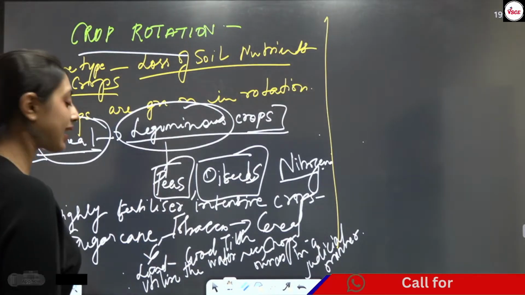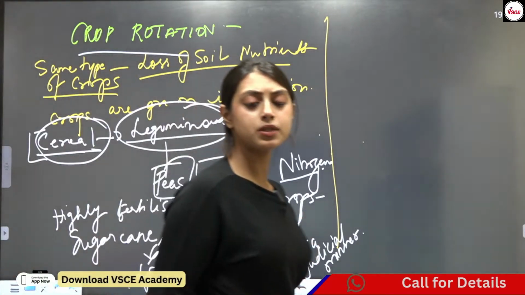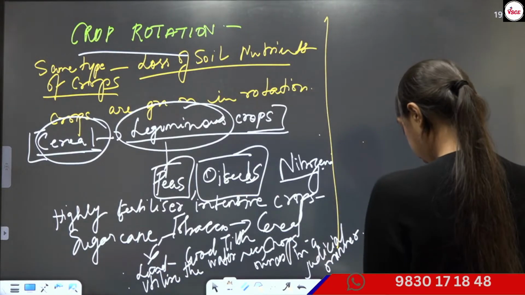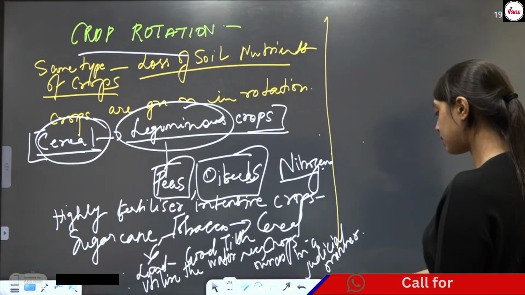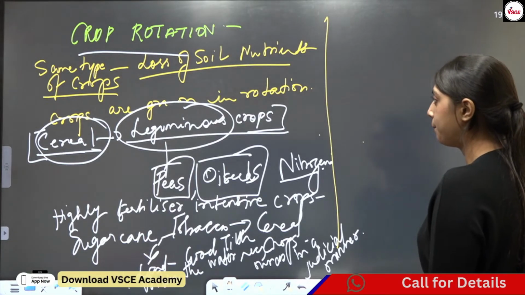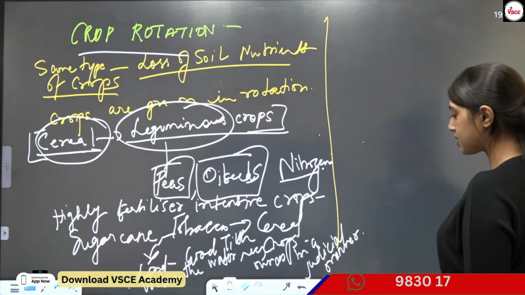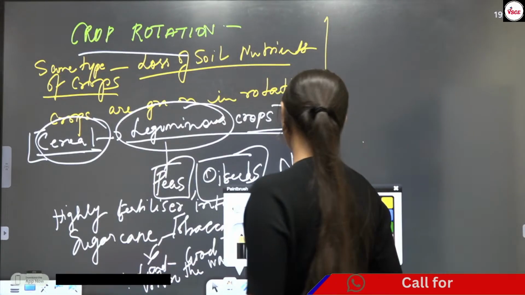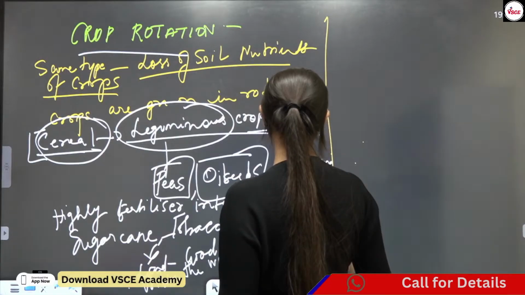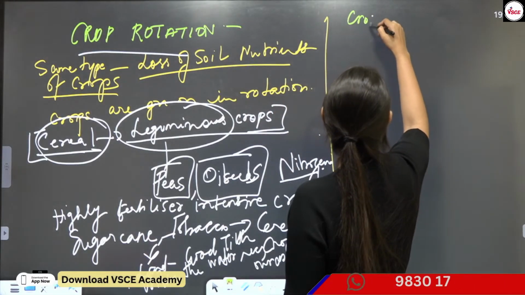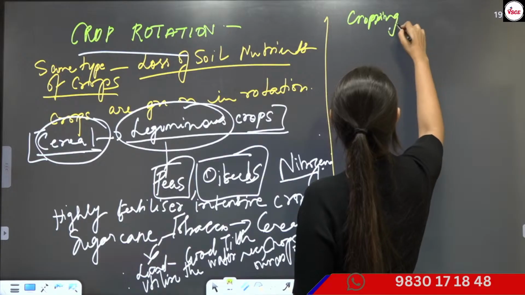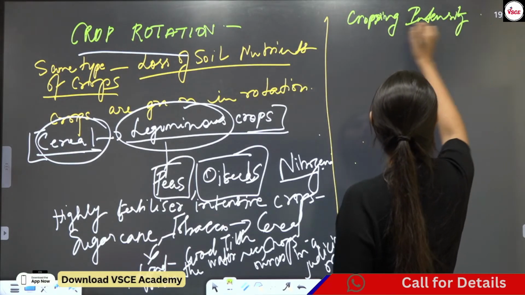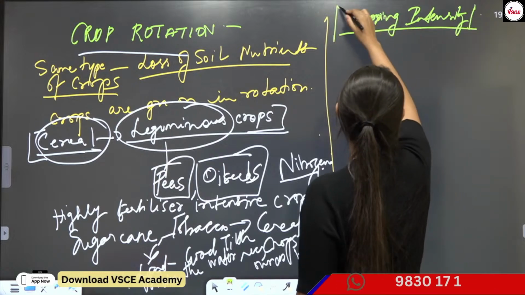Now we are going to the second concept. Okay, second concept in the sense what are we talking about? Okay, I guess this part is clear to everybody, right? Please look at it, because if you do not understand one thing, we cannot proceed to the other, because you won't be able to follow. Next we are going to do cropping intensity. Okay. Now, what do you mean by cropping intensity?